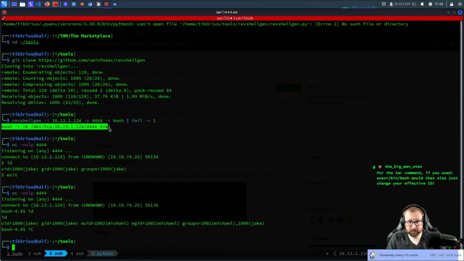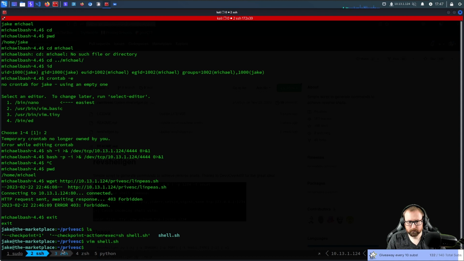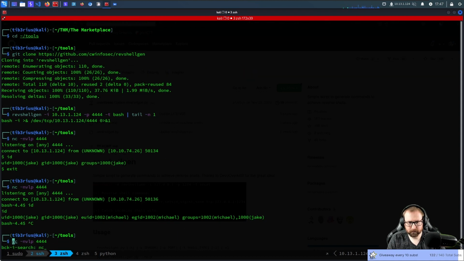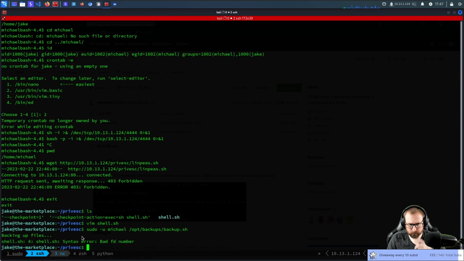So if we just copy this command and do that, and netcat, and if we do sudo, what? Do anything? No. What did I miss?